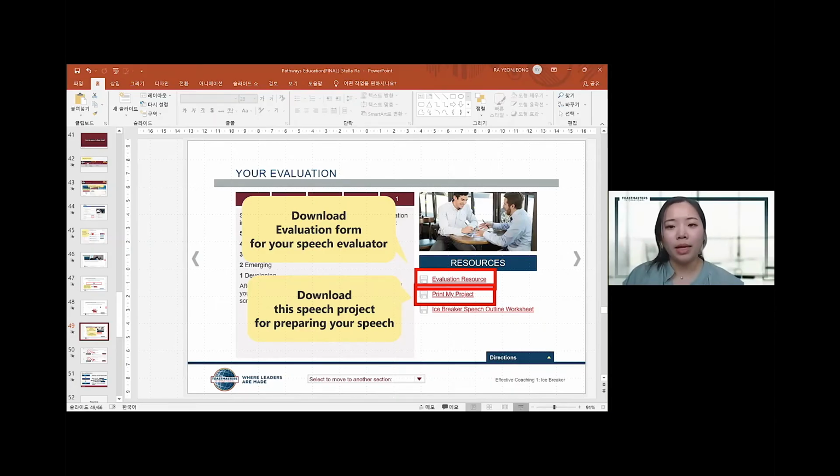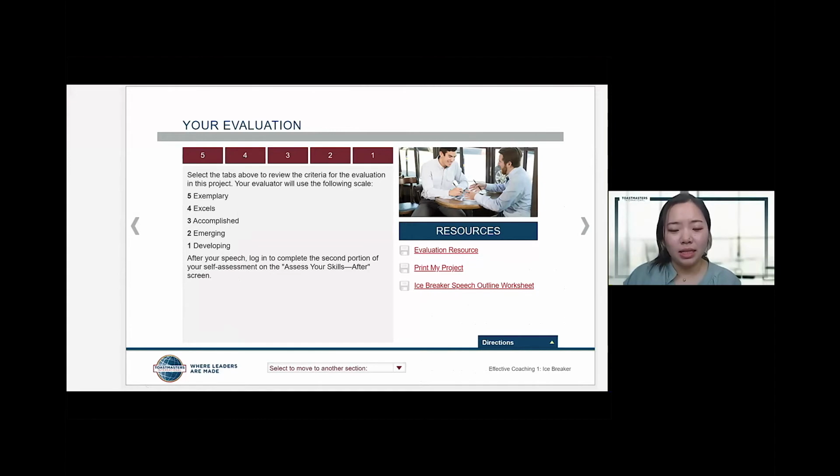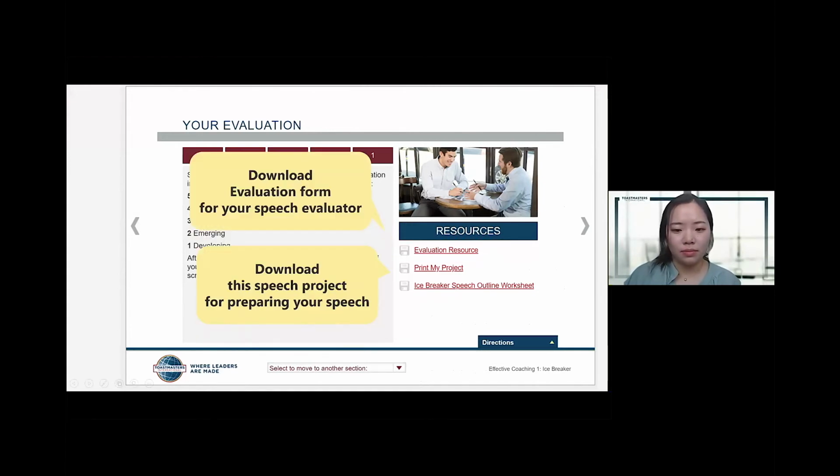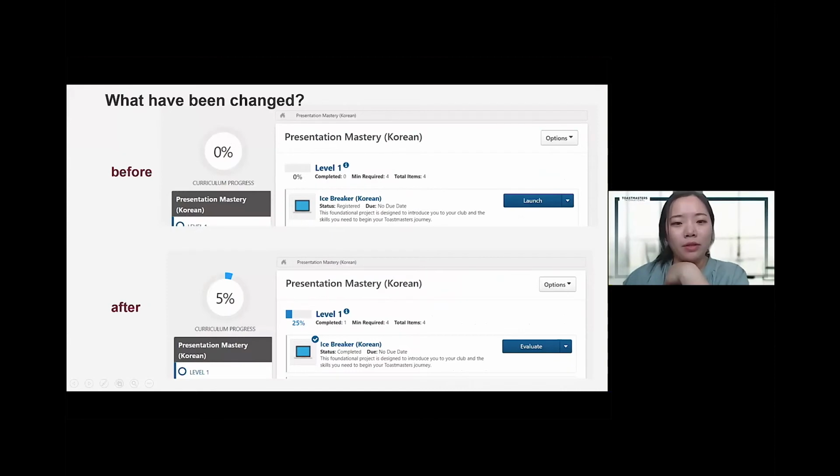By now, are there any questions, or was it too fast? Then please let me know. Okay, then I have a simple question, and there is before and after. Before finishing the first project, and there is a screen after you finish the first project. And there are a lot of differences. What kind of differences? What can you see? Please unmute yourself, and there will be some changes.